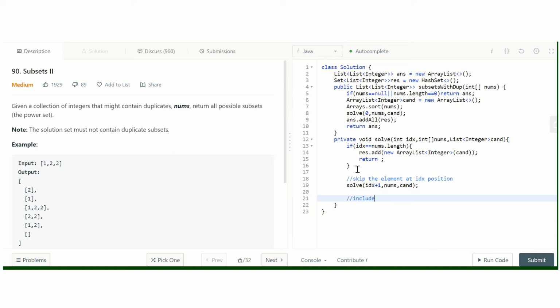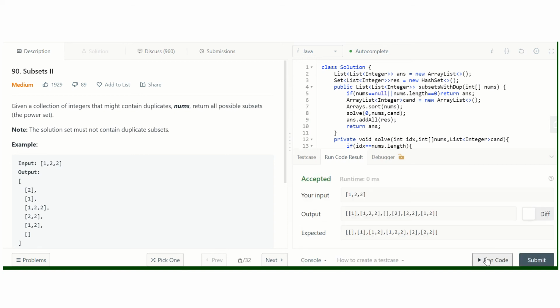Now we include it: candidate.add(nums[idx]), then solve idx plus 1, nums, candidate, and then backtrack by removing the last element, candidate size minus 1. So let's run this program. It is running successfully.